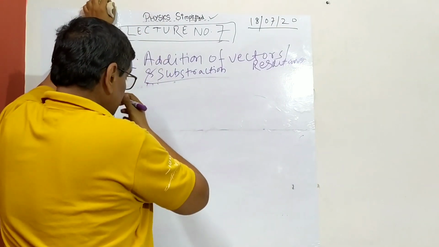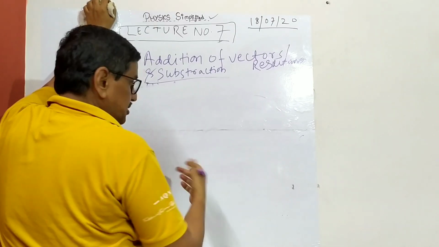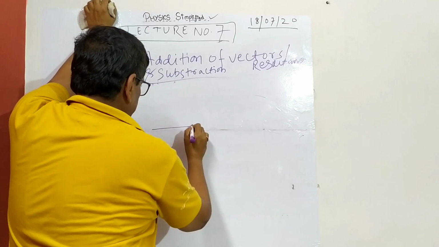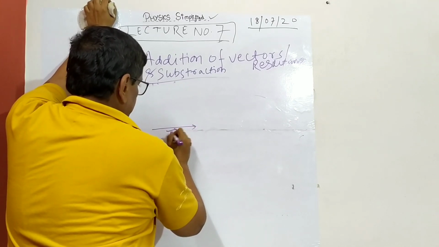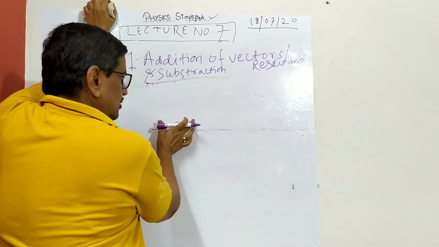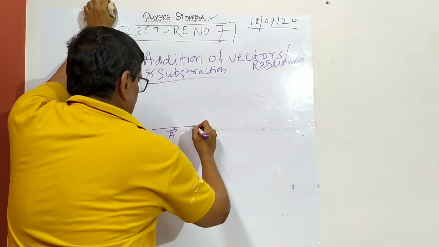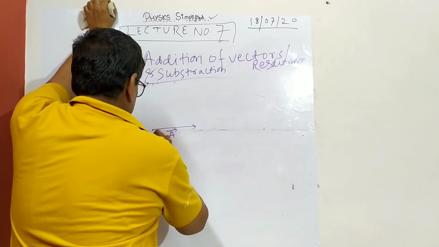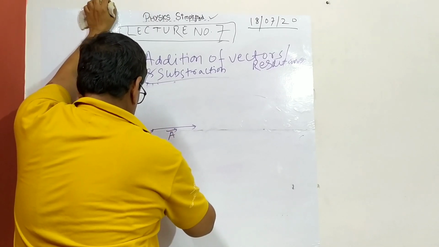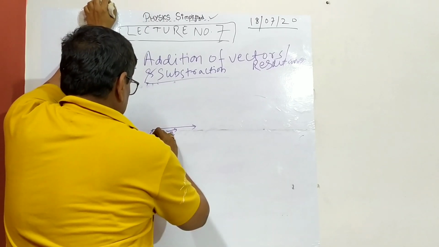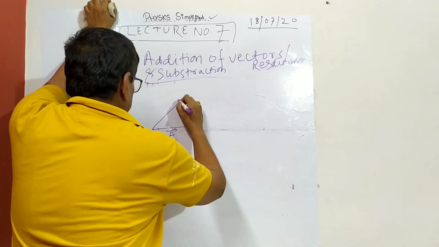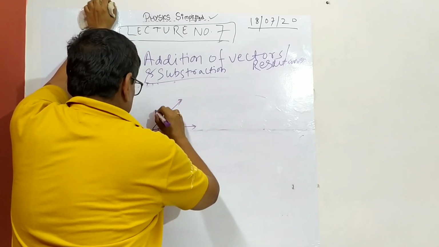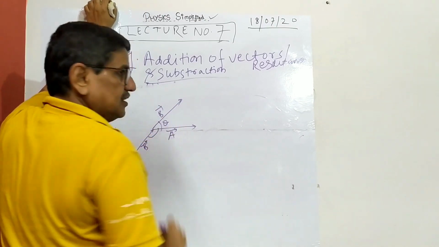So graphically, suppose you are getting that addition. So two vectors are there. So suppose this is vector A, we have plotted it because we have put a scale, and on graph we have plotted this. And suppose a vector B, like this is the case. These are two vectors, and this is the angle. So we will extend this. We have already dealt with it. So this becomes A and this becomes B, and this is the angle between the vectors.